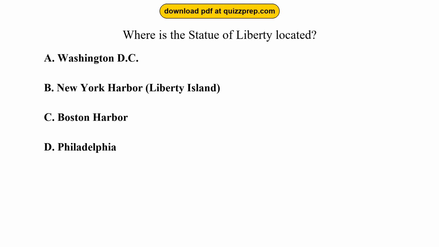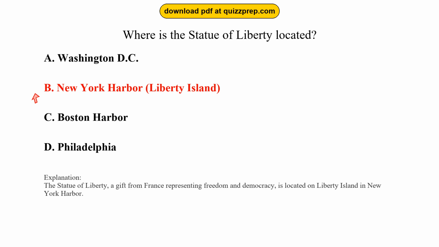Question 1. Where is the Statue of Liberty located? Option A, Washington, D.C. Option B, New York Harbor, Liberty Island. Option C, Boston Harbor. Option D, Philadelphia. The correct answer is option B, New York Harbor, Liberty Island. The Statue of Liberty, a gift from France representing freedom and democracy, is located on Liberty Island in New York